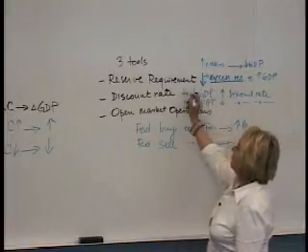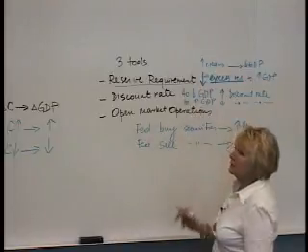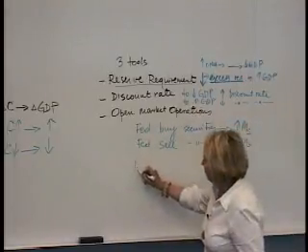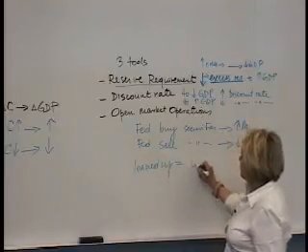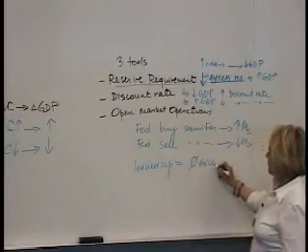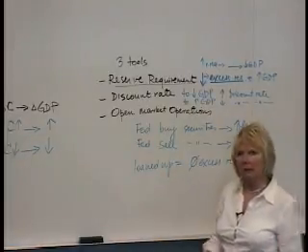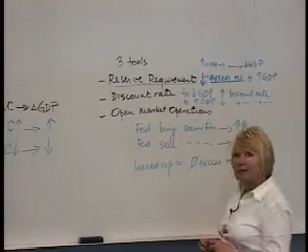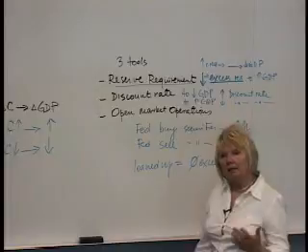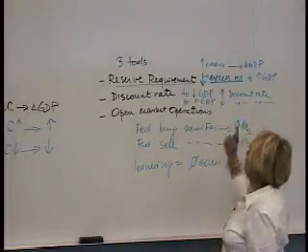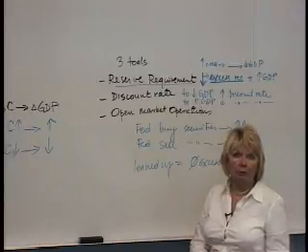Now, we said that we could have a situation where a bank is loaned up. Loaned up means zero excess reserves. They don't have any extra money available. So how are they going to meet the requirements of the Fed if the Fed is going to increase the reserve requirement? Well, they can do this in several ways.